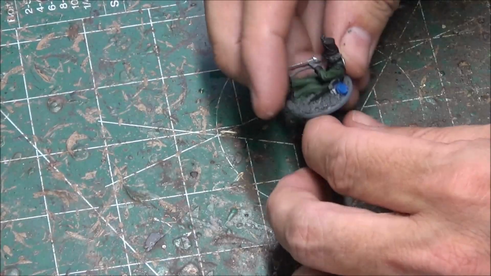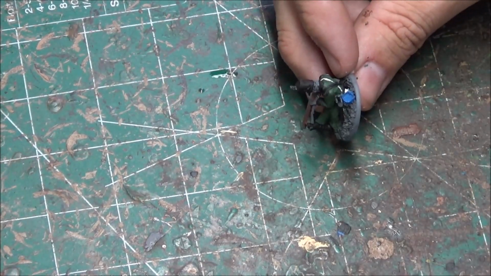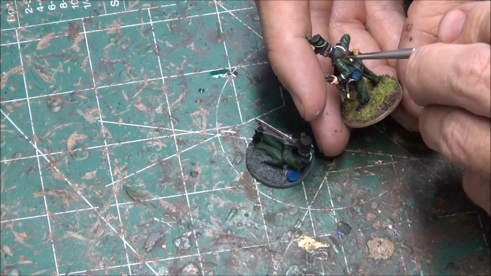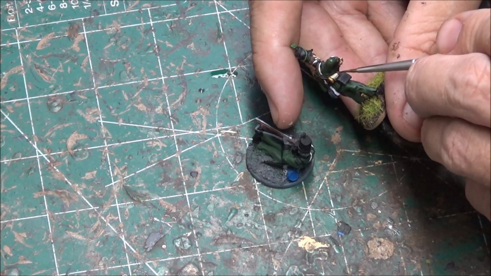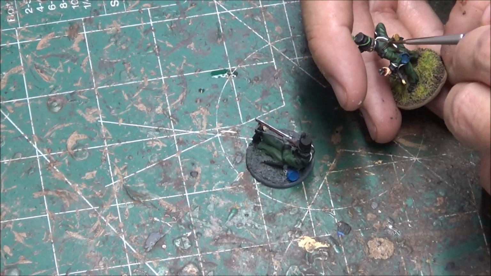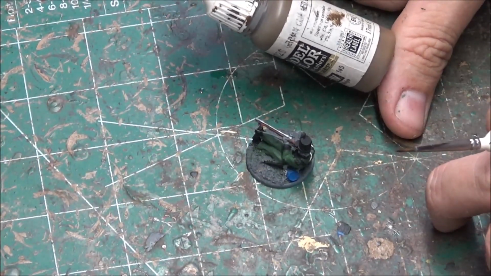Next we will paint the canteen strap that's going around his upper body here. It's hard to see, but you may notice on top of this black crossbelt there is another strap that is secured to the crossbelt that is holding on the Powderhorn. Both the canteen strap and this little extra strap on top of the black crossbelt will be used